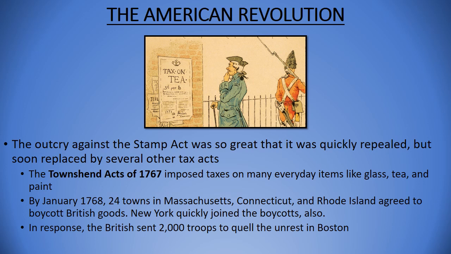Kind of starting out in Massachusetts. A whole lot of this hot pot of discontent started in Massachusetts, which we'll get back to, but it also branched out to Connecticut, Rhode Island, and New York, and they started to boycott British goods. The British were like, oh, that's not going to work. We're trying to pay back these war debts. So they sent 2,000 troops to quell the unrest in Boston,